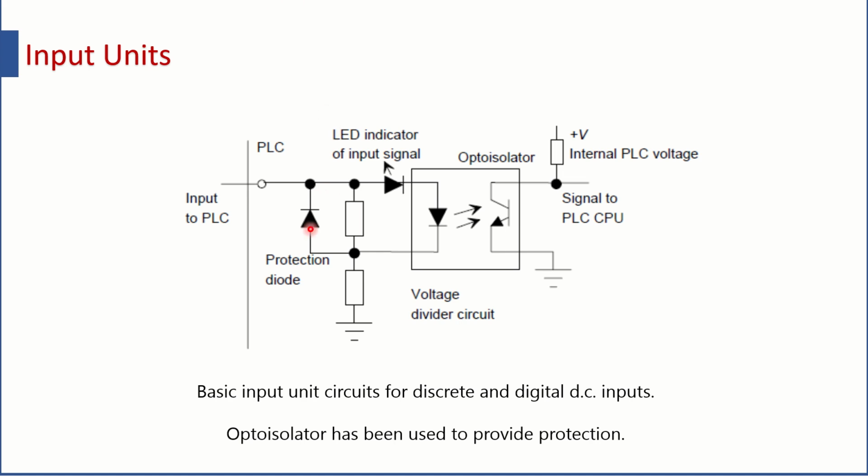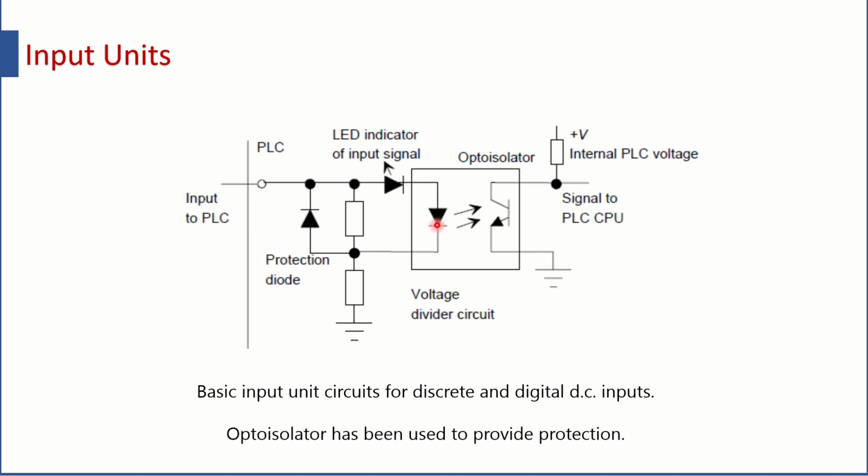Now there is a protection diode. This protection diode ensures that there is no reverse signal. That means a signal with reverse polarity is trying to enter this system. Because if a signal with a reverse polarity can come, then it may definitely damage this LED. Or if this LED is damaged and it is shorted somehow, then it will be damaging